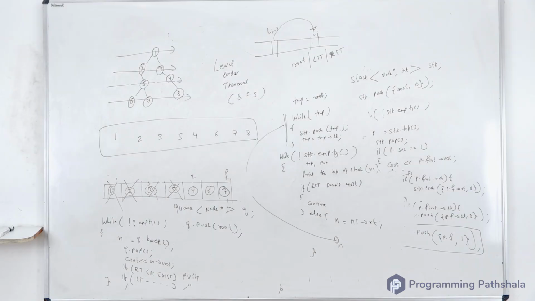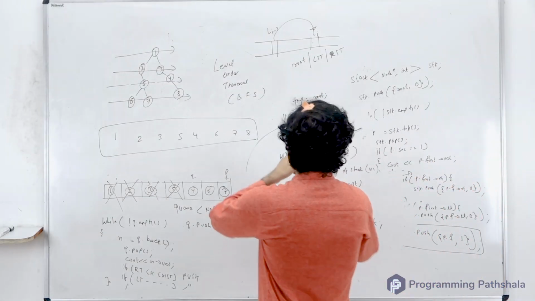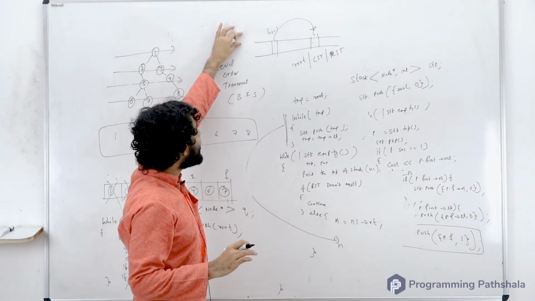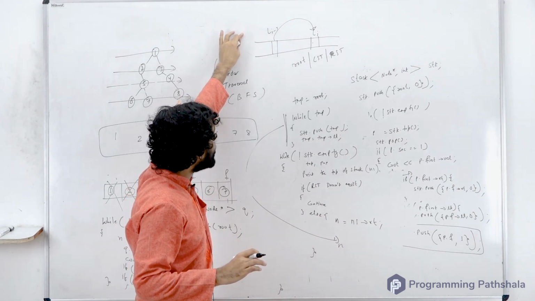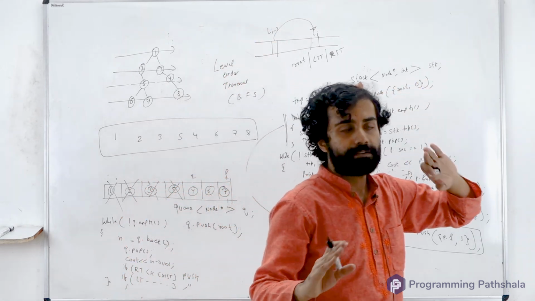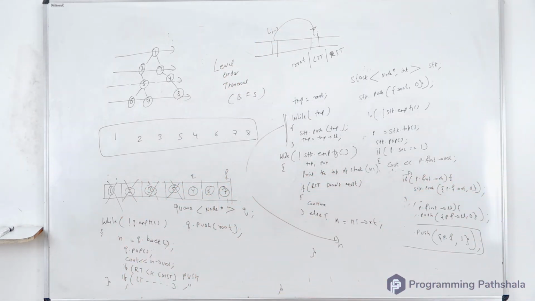So one thing is guaranteed, that nothing of level i minus 2 will be there. Because if level i minus 2 was there, I would not be pushing level i, I would be pushing nodes of level i minus 1. So it can never happen that more than 2 levels of nodes are simultaneously there in my